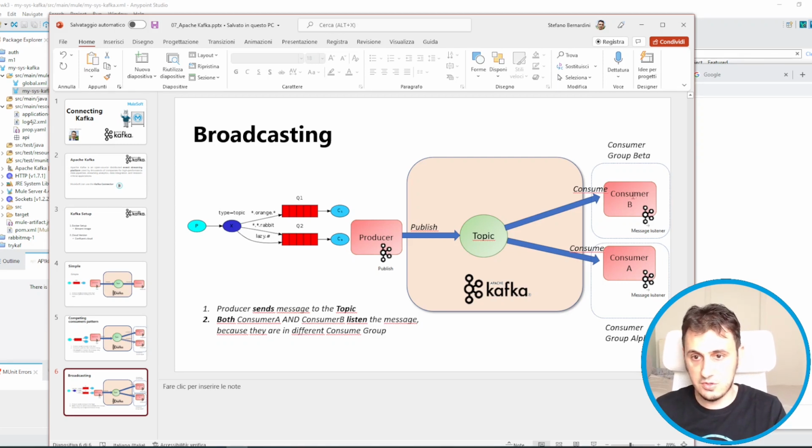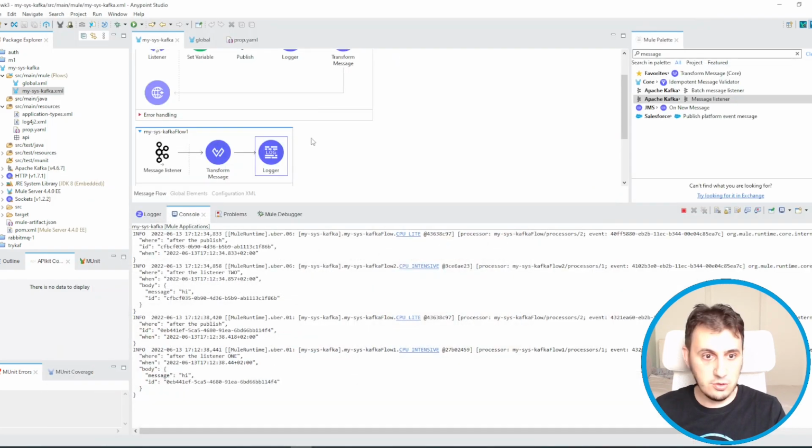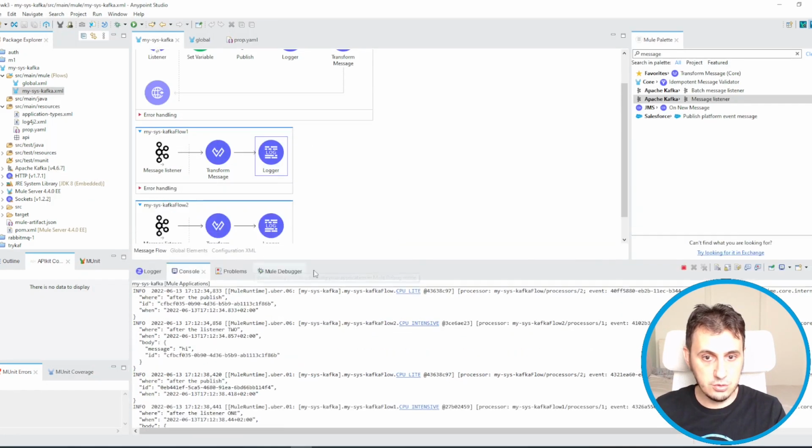It's a different scenario, the broadcasting scenario. So let's go back to the studio. To achieve this, it's very important that consumer A and consumer B must not be part of the same group. So we have to differentiate the two groups.